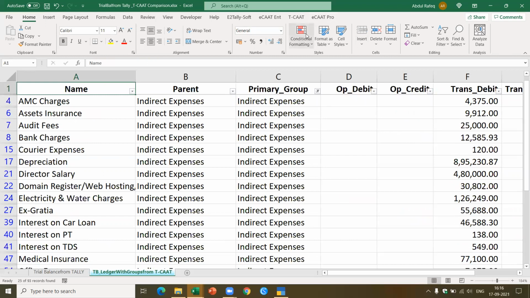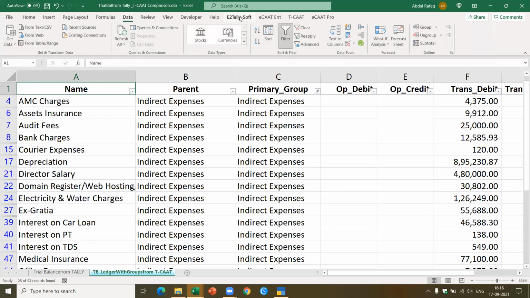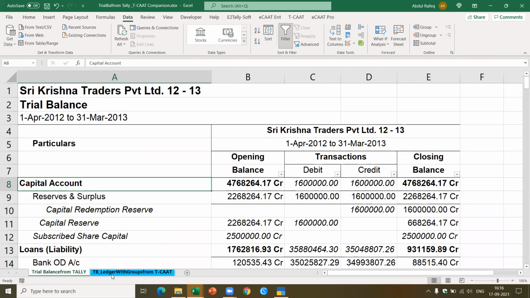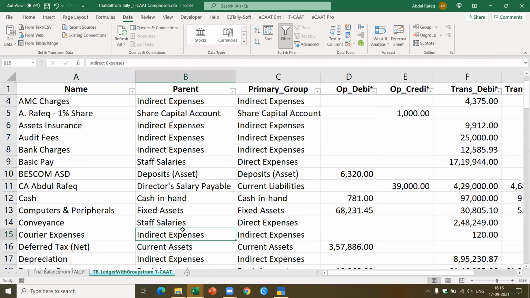And it also becomes very easy for you to prepare any other reports based on the linking you have for preparing the various types of schedules. So this one simple thing I showed you. I got the trial balance from Tally, which comes in this format, and I got the trial balance in Ledger. Now there are various types of trial balance available here. Let me now get started with showing you how to use the trial balance.